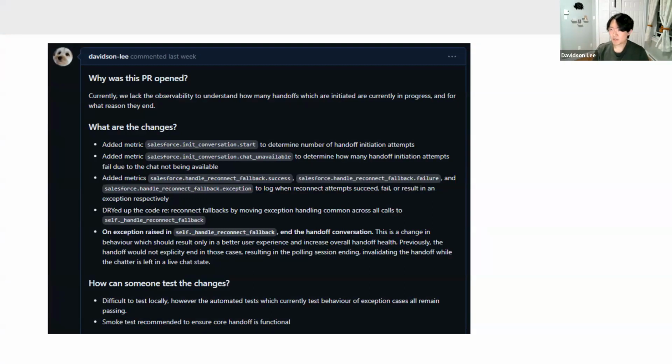So this is on GitHub. You can see that our company mandates this format of a why, what, and how: why the PR was opened, what the changes are, and how someone can test the changes. Not going to go too deep into the subject matter because it is quite domain specific, but long story short,